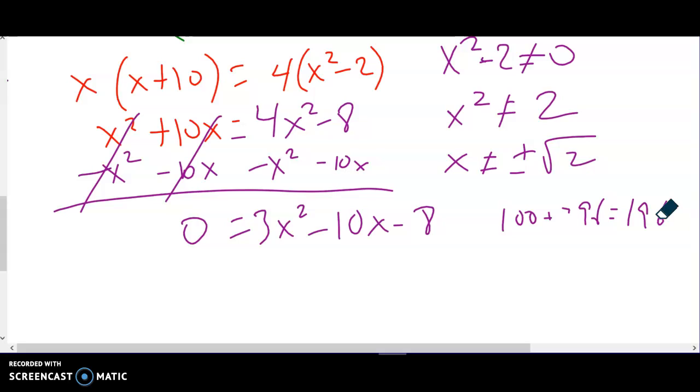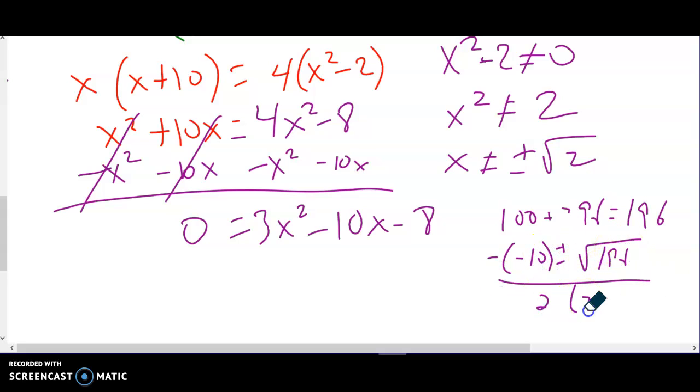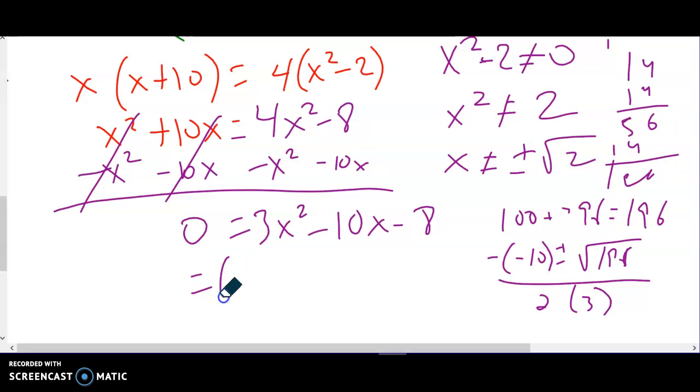So if you want to do quadratic formula, you could. It would be negative b plus or minus square root of 196 over 2a. Or square root of 196 is 14. Let me just double check that. 4, 5, 14, yep. Or we can go ahead and try to factor this guy. The discriminant was a perfect square,